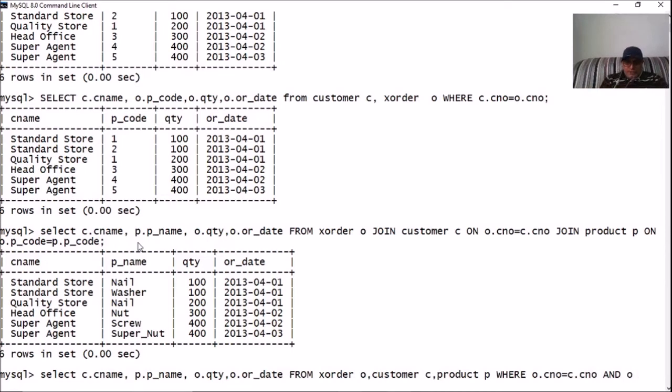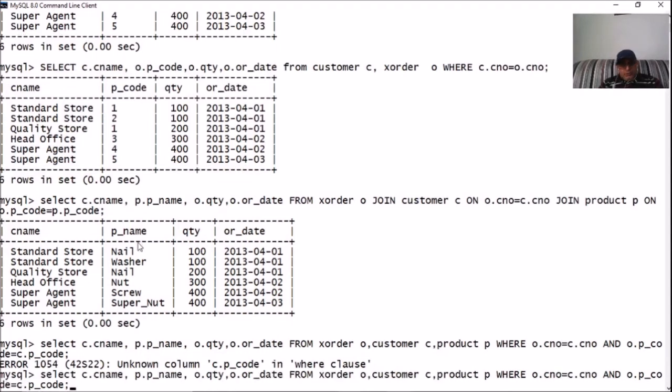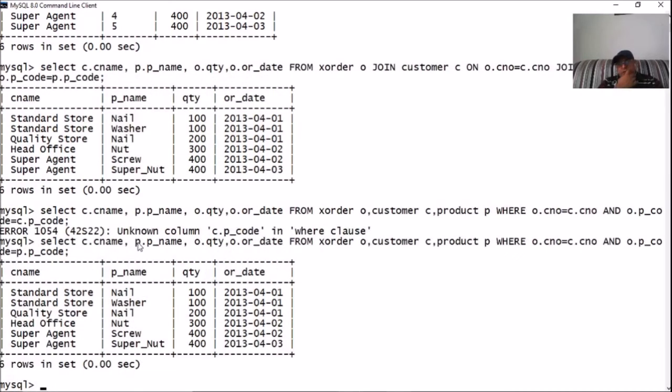O dot P code equals to P dot P code. P code is coming from the product table, P dot P code, and that's the answer.